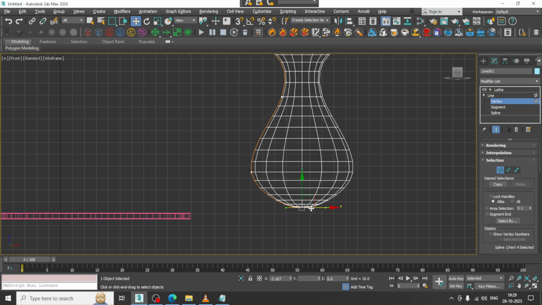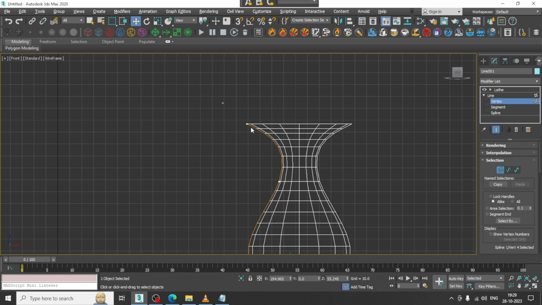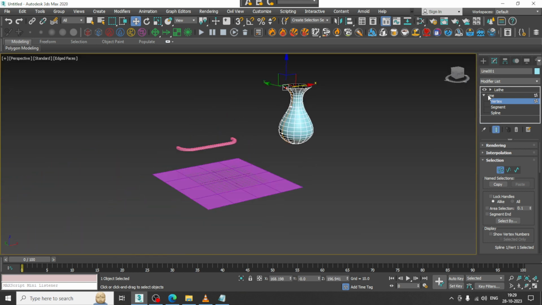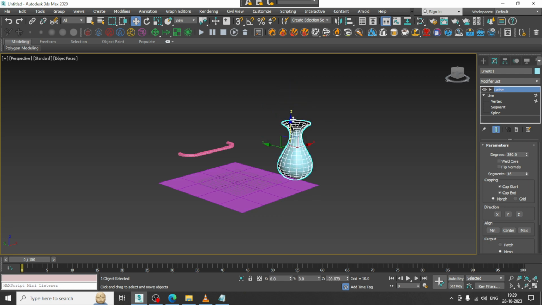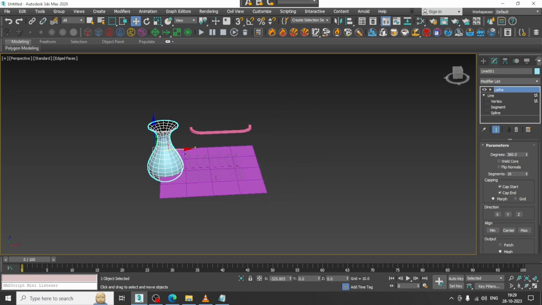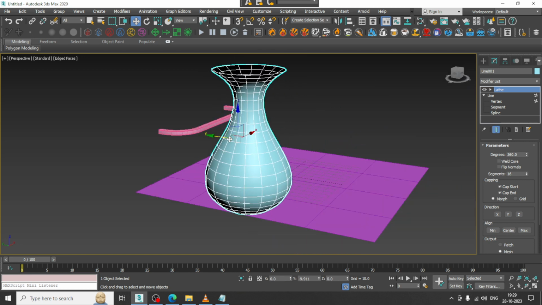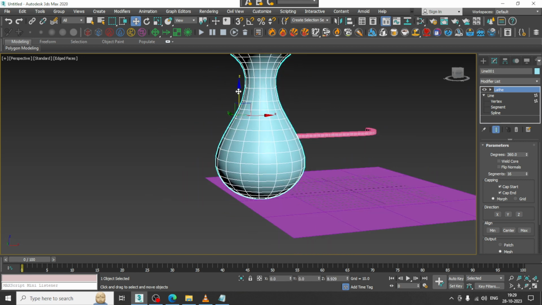So we can do this changes that can be done. So you can create wine glasses, you can create bottles, which can be used for different surfaces for creating